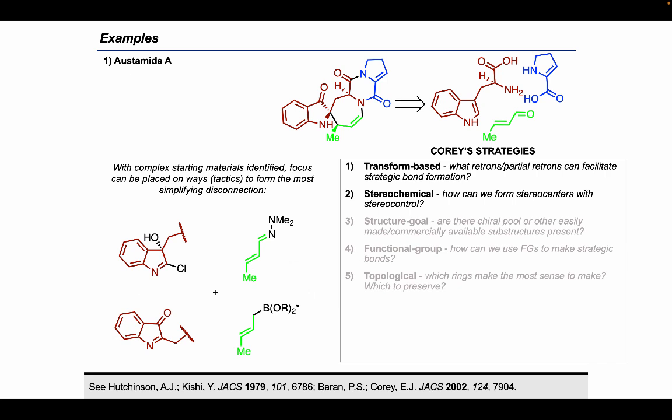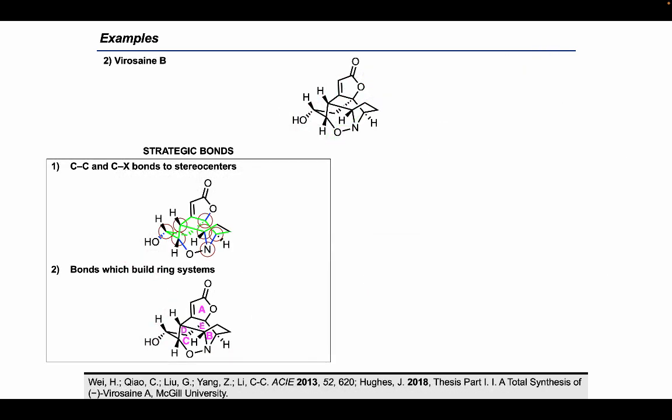Alternatively, one could consider inverting the reactivity of the butanol moiety through use of a hydrazone or via chiral enamine catalysis, or seeking to effect an alkylation with an allylic boronic ester. The relative merits of these potential routes could be compared and may ultimately be evaluated experimentally. Next, we have Verrucine B, which is a stereochemically dense and topologically complex natural product. Analysis of the strategic bonds for disconnection identifies that there are 7 contiguous stereocenters highlighted in red, which yields a